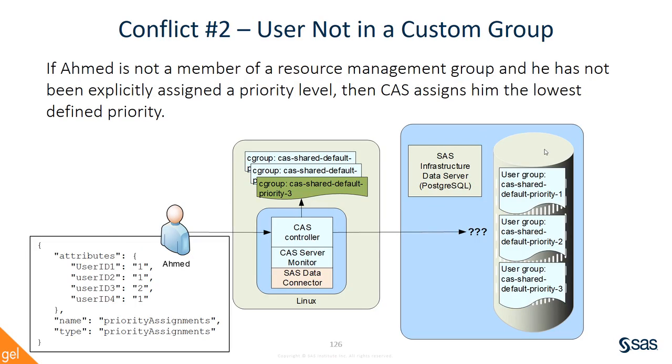Okay. What happens if you're not in a custom group? So Ahmed submits work, the system's at capacity. I don't know how to position Ahmed's job in the rank of things to do. So if I'm not in a custom group, by default I get the lowest priority queue. So what this means is that generally speaking, if you want to define policies, you should, as a best practice, include all users, right? Create a group for everybody else,